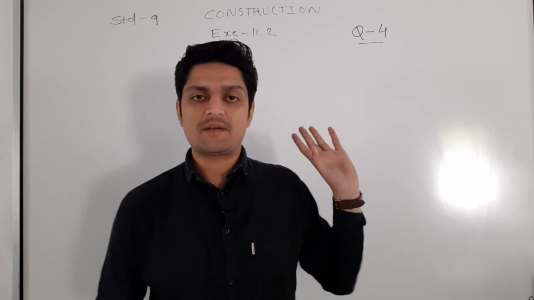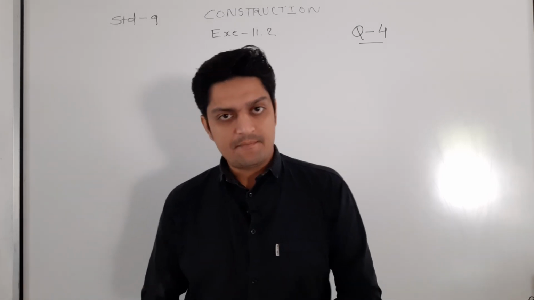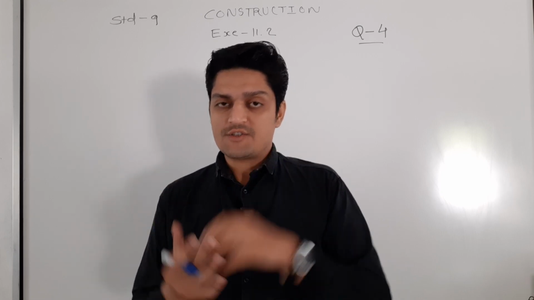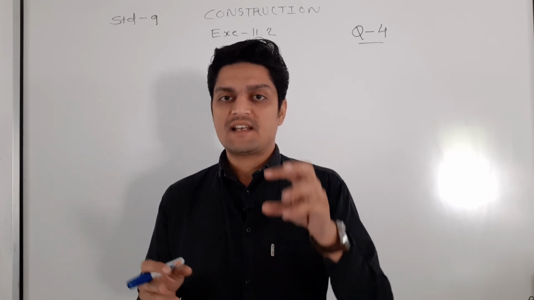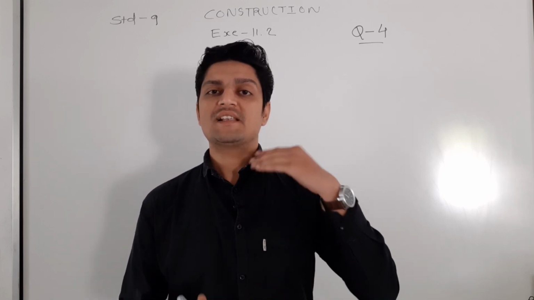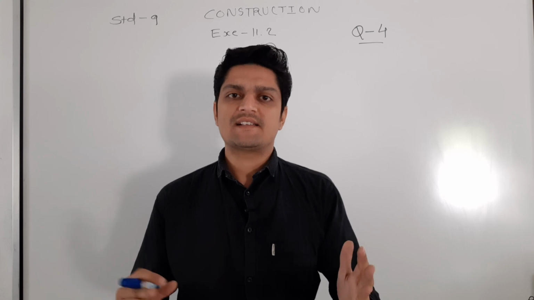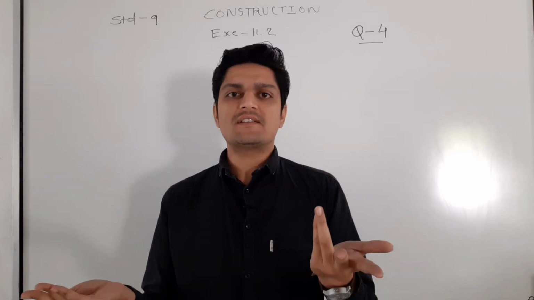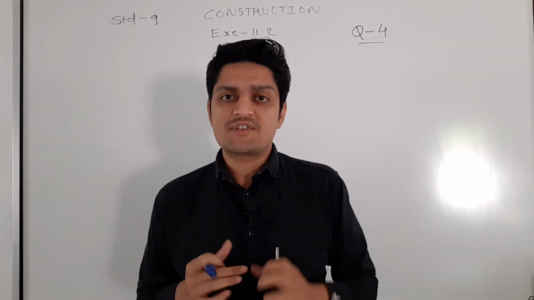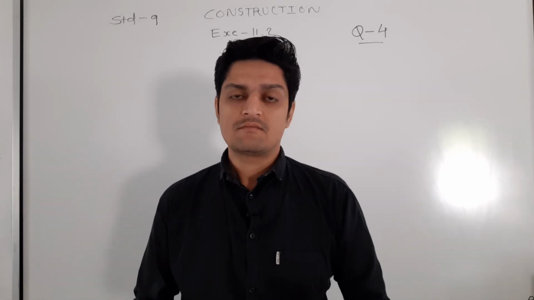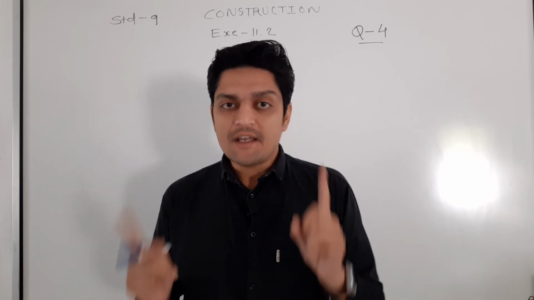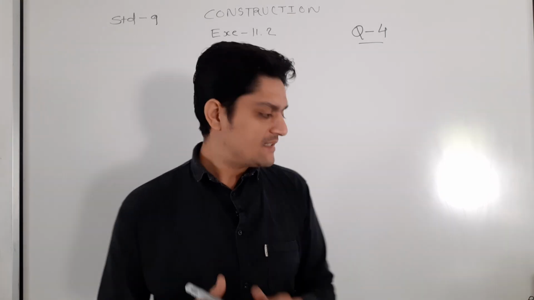Now fourth question, let me start here. In this type, the base angles they will give, and we have to construct a triangle where the sum of the 3 sides is particular. For example, the sum of the 3 sides, XY plus YZ plus ZX, is equal to 11 centimeter, 12 centimeter, 15.5 centimeter. The sum of sides and 2 angles they will give. Let us see the question.